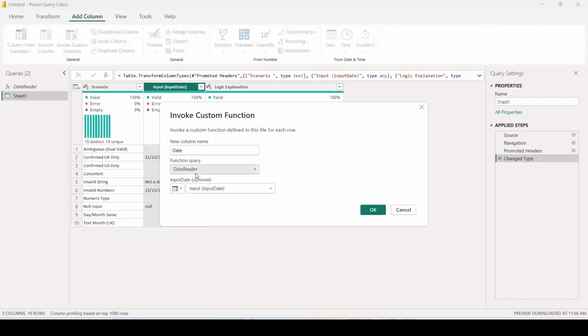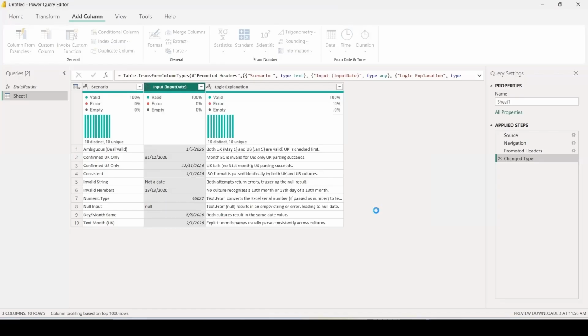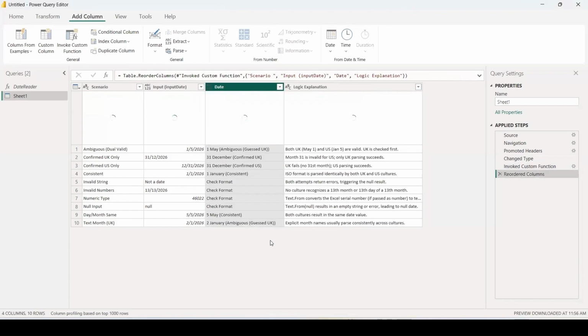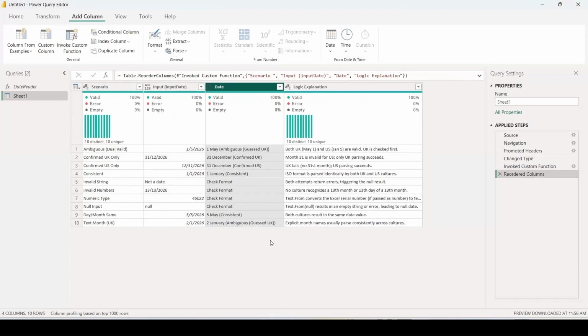And we choose our custom function, date reader. Excuse me, and we choose the column input date. Click OK. And now if we put the columns one beside the other, we can see that 1st May is